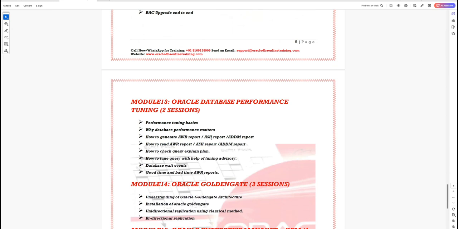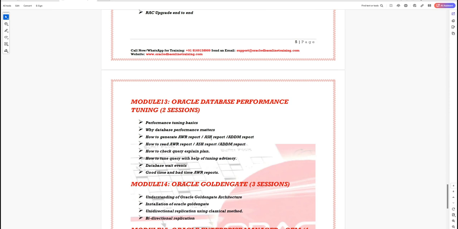In performance tuning, we are going to talk in detail about wait events of a database, and slow query performance issues and how to troubleshoot them. And then we are also going to provide you some of the important tools that you will be using to manage performance related issues.